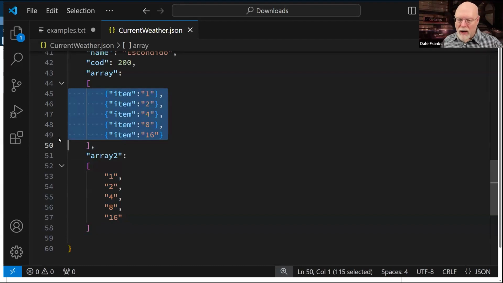This array that I have highlighted is much closer to how I would do things in XML. And while this is great, it makes your life easier to have each array item specified.